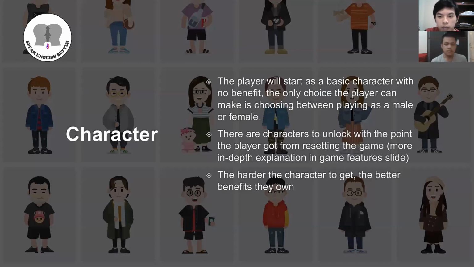So in this game, we can get other characters rated from 1 to 5 stars, and each character will have a certain benefit, for example, plus 10 coins per step. The more stars a character has, the better and the more benefit it has, and the harder it is to get that character. And next slide,